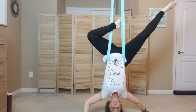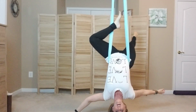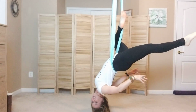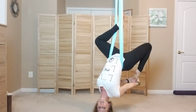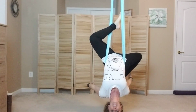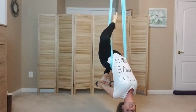So it'll be this way. Good. And here again, can you straighten the legs, straighten the arms, dip the tip in. It's always harder for me, like the hamstring. And once you have that,